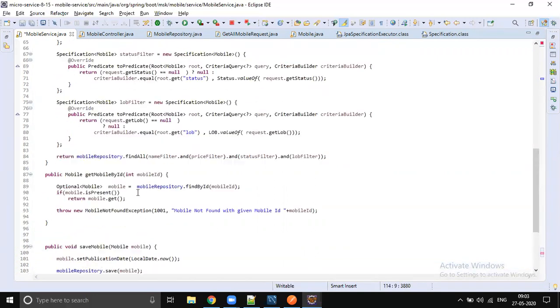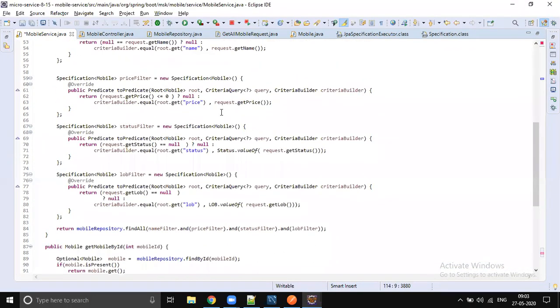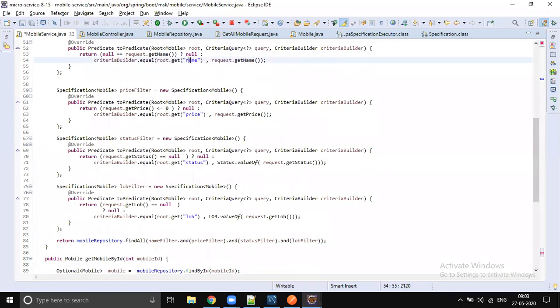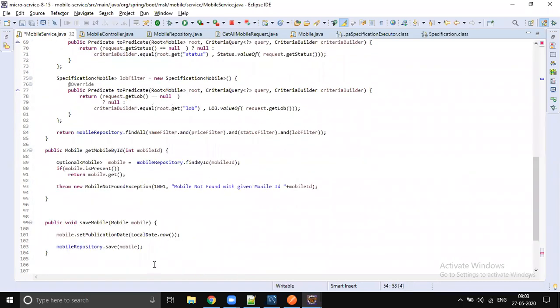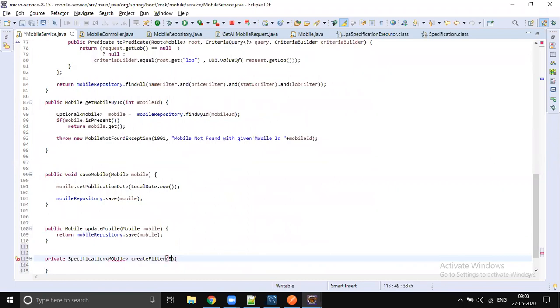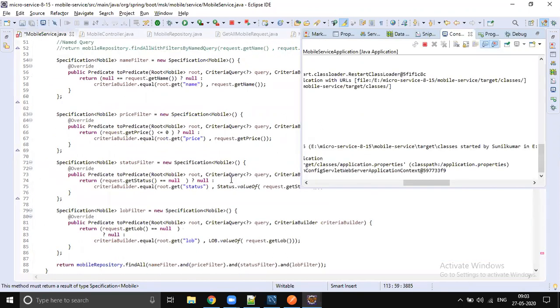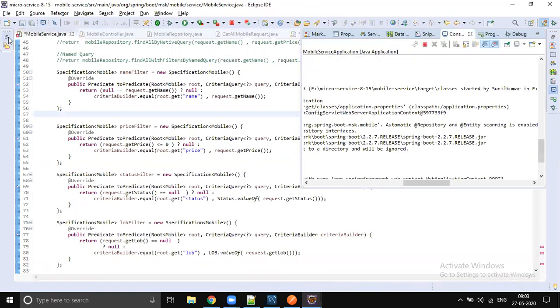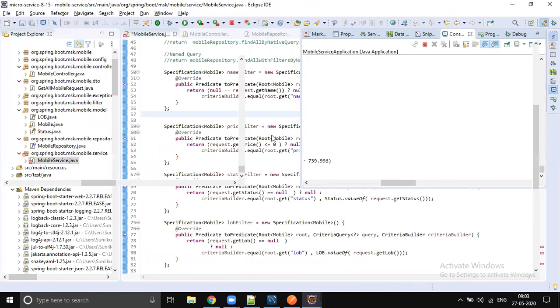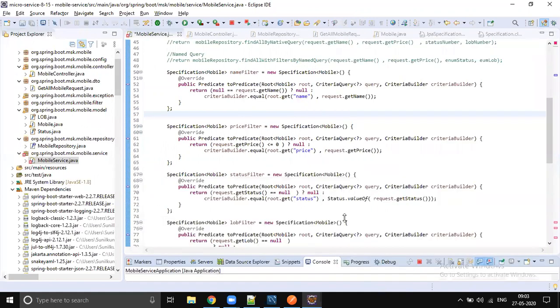So what are all the parameters we want? We want the key, which has to be checked. So let's send that as string key. And what is the second parameter we need to check? The value, right?